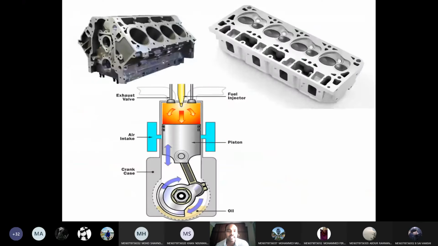You can see this is the cylinder block. It is a 4-cylinder engine. And what is this one? Tell me. Cylinder head. This is the cylinder head. You can see these are the provisions for the valves. It is a 4-cylinder engine. The same thing is here: fuel injector, inlet valve, exhaust valve, everything is there. So this is how the cylinder, cylinder head and cylinder blocks are made.